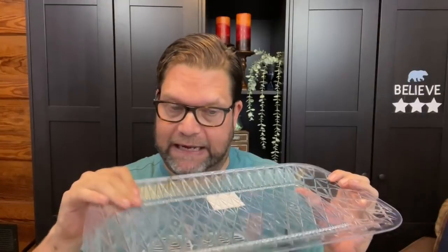These plastic ones, I think, are a little sturdier. This hard plastic one is sturdier than the thinner plastic ones that I tend to find, like where the hula stuff is, and where that kind of Hawaiian luau summer stuff is. But again, I think that this is a great item that you should get now, because you can